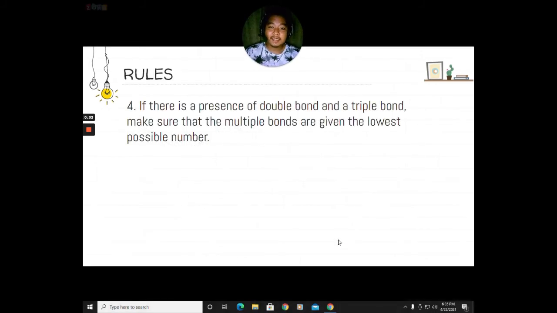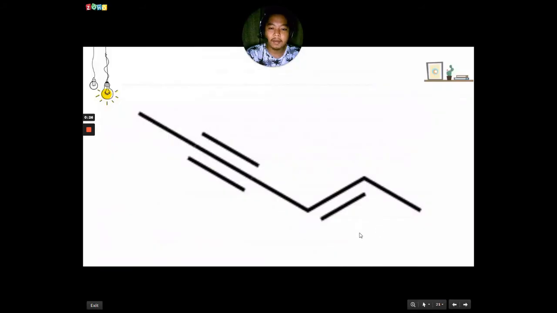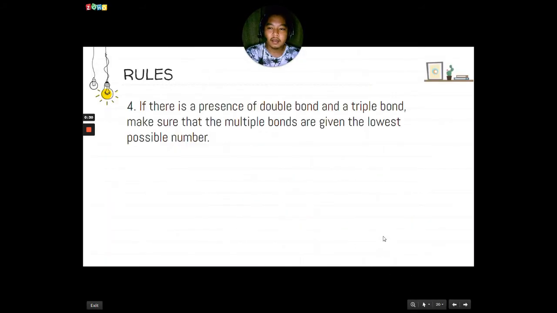If there is a presence of a double bond and a triple bond, we make sure that the multiple bonds are given the lowest possible number. So we don't really care about the positioning of the double bond unless otherwise. Later on we come to our fifth rule for a certain scenario. But in such a manner, we can only see this in two possible scenarios. So either